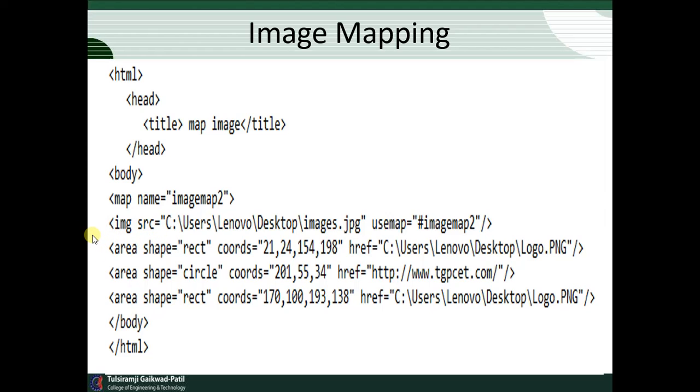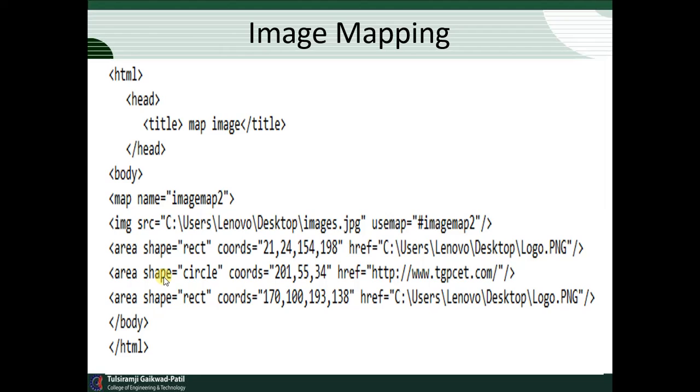That attribute has some value. The attribute value is nothing but the location of that particular image. It indicates the location of the image which is going to be used for image mapping purposes. Now here we need to use usemap, which is one type of attribute. The attribute has the value usemap 2. It must be the same. Now on the particular image we are going to spot two areas, that is a rectangle and a circle.